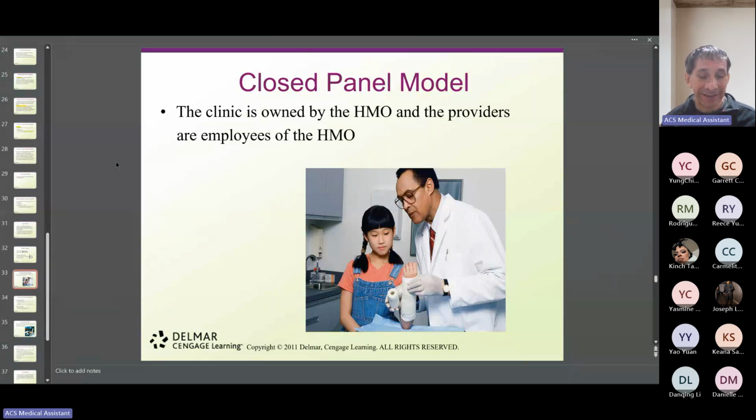Now, literally, does not imply that they own the medical providers. No. That means that this HMO pays the medical providers. That's basically what it is, because the providers are employees of the HMO. So the HMO is the one that gets the money and reimburses the hospital, and the hospital pays the employees, because that's how it works.